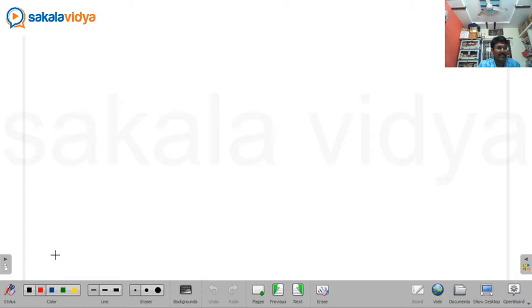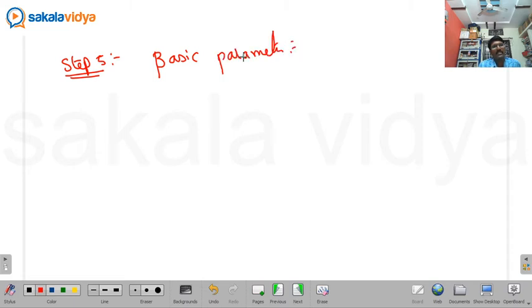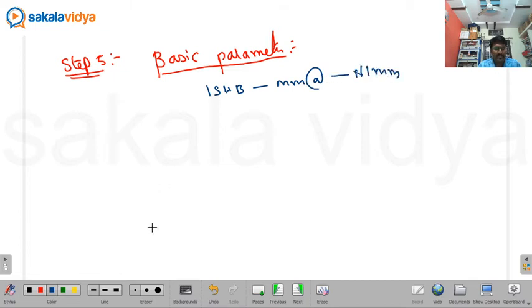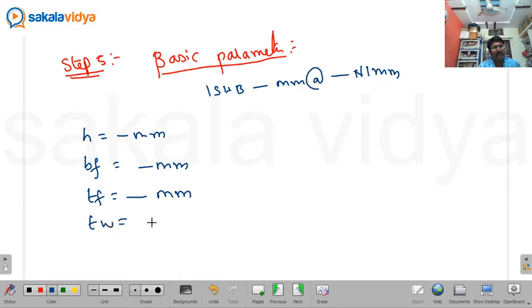So step 5, basic parameters. In step 4 you have selected one suitable I section. For example, I'm going to take ISHB some mm at the rate of some Newton per mm. For this selected I section, you have to write all the basic properties such as depth of the section, width of the section, thickness of the flange, thickness of the web,